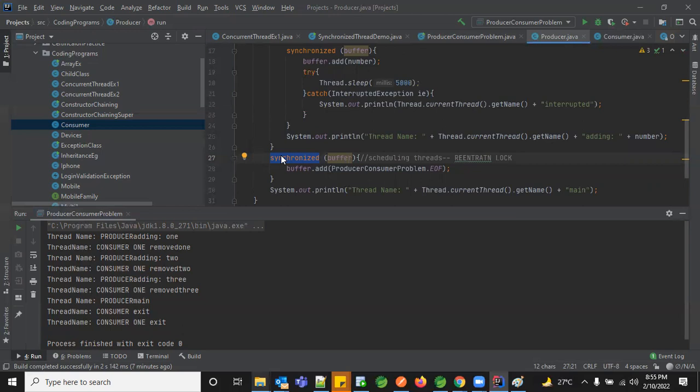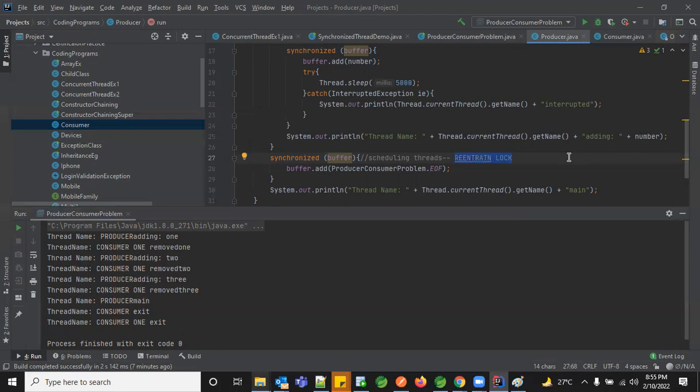So to bring that scheduling activity, we have something called reentrant lock. What this lock does is help you in scheduling the thread activities. It is more of a configuration policy. You can update the configuration, like for 10 seconds the first thread can work, maybe 30 seconds the first thread can work, and post that the other thread can come in and access the data.